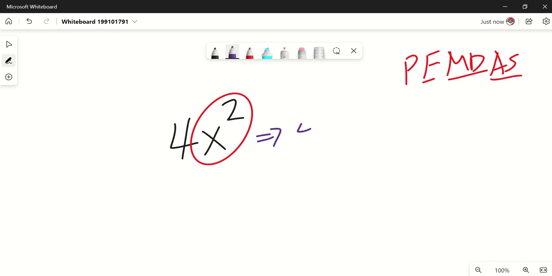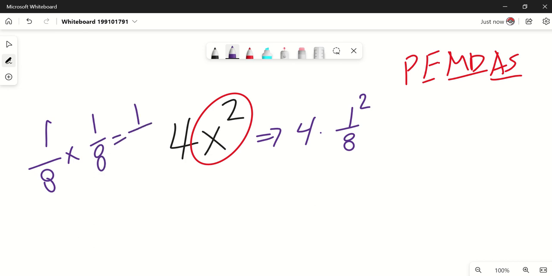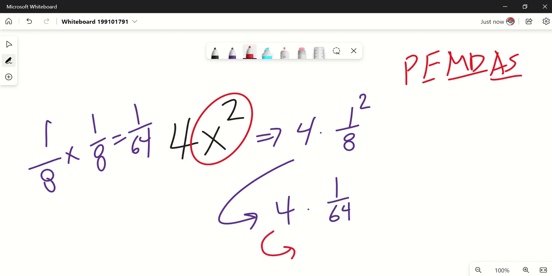So this means it's 4 times 1/8, but 1/8 is squared. So I have to square the 1/8. 1/8 times 1/8 will equal 1/64. So this will now become 4 times 1/64. That will in turn become 4/1 times 1/64, which will be 4/64. And that is a proper fraction,